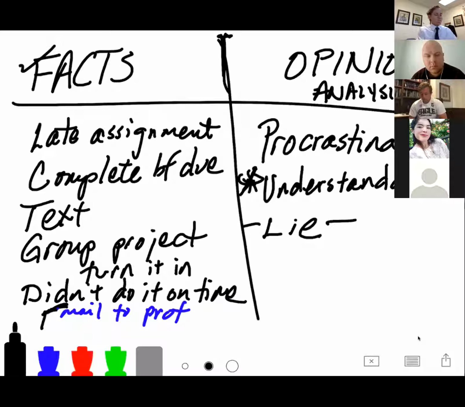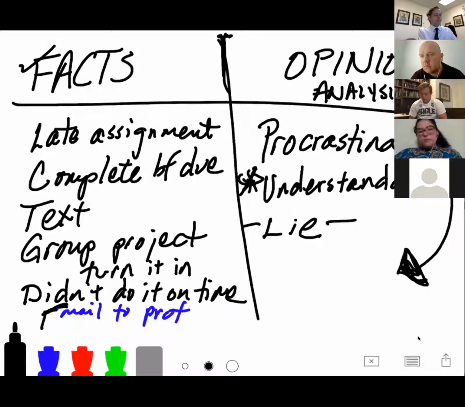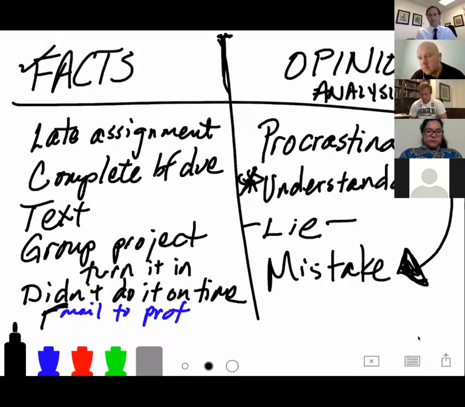All right. Yeah, and with this understandable, sometimes I'm gonna take maybe some creative liberties here, but sometimes I've had students say, look, it was just a mistake, Brother Hales, get off her back, it was just a mistake. And so I get it, because of the understandable nature of the issue. You've got this dichotomy between a lie and a mistake.